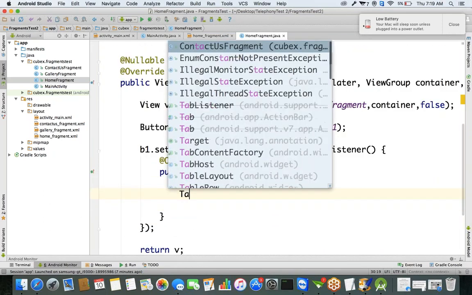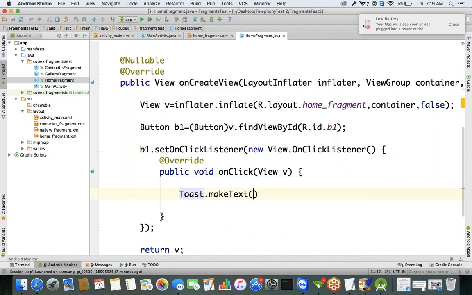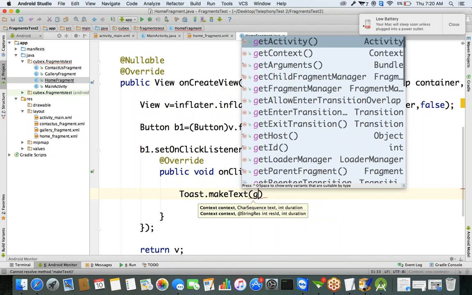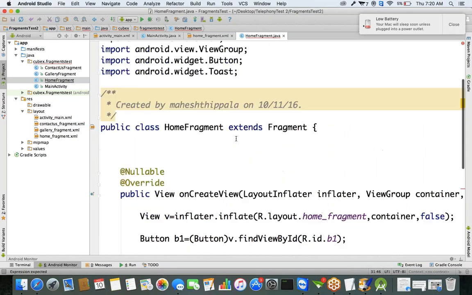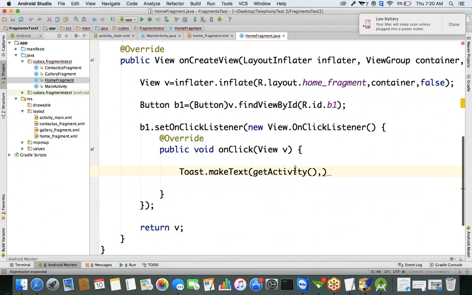Let's write here whatever message you want to display. getApplicationContext also will not work. So basically we require the object of our activity class. So use getActivity is a method. If you use the getActivity method, you will get the activity object, because we are in a fragment class, but here it is asking for the activity object. That's why I'm calling getActivity. Specify what is the message you want to display. I'm specifying a message as "don't click me boss",